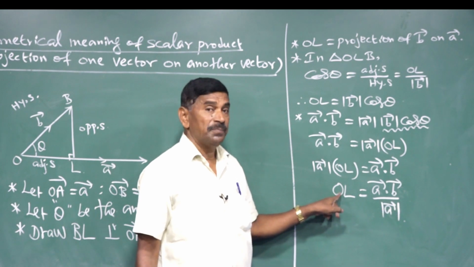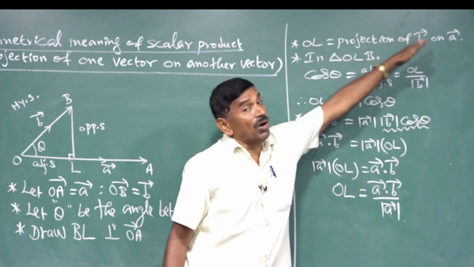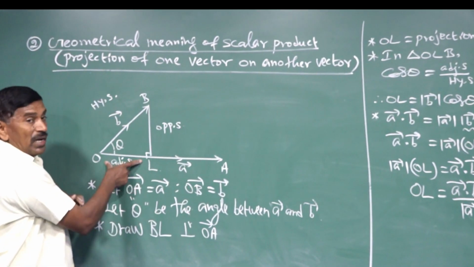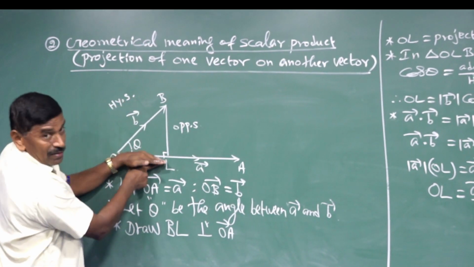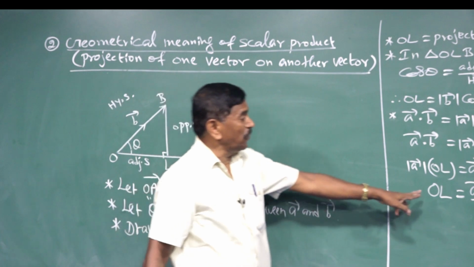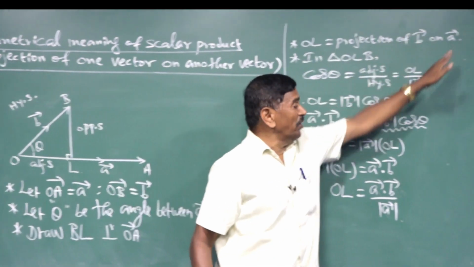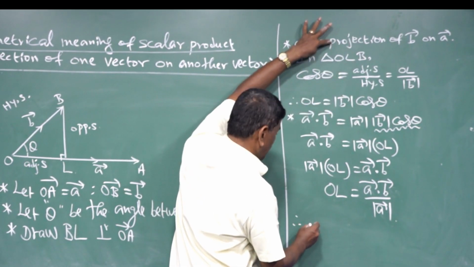What is OL? Yes, very good. OL is equal to the projection of B vector on A vector. Come to the diagram. In the diagram also, what is OL? OL is the projection of B vector on A vector. So, instead of OL, write the theory portion: projection of B vector